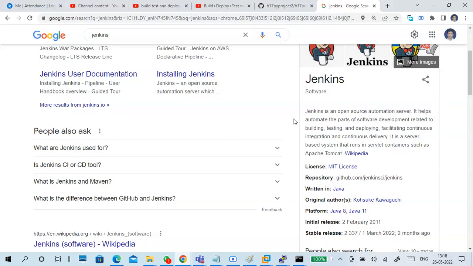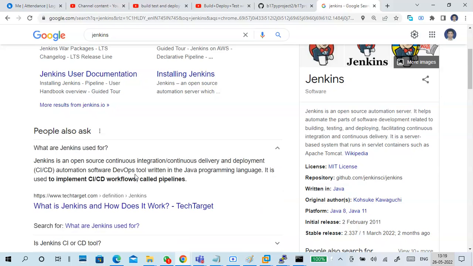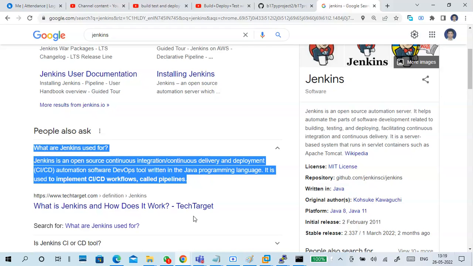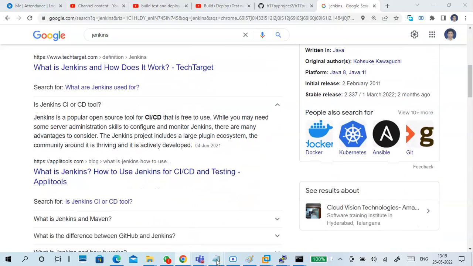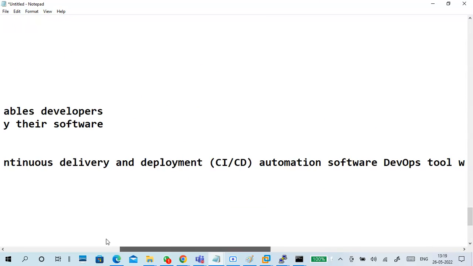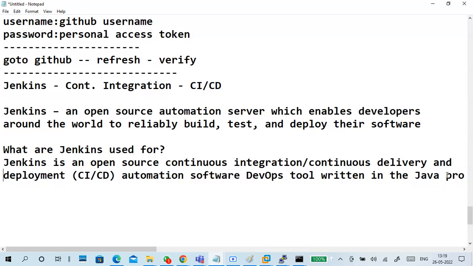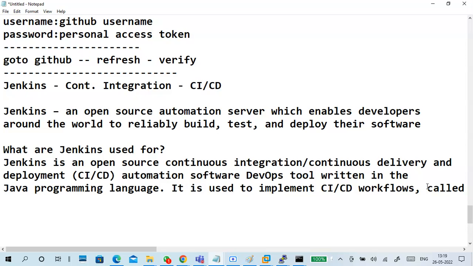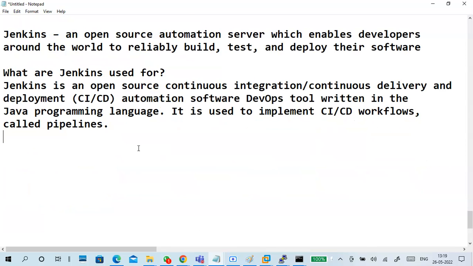The important thing in Jenkins is that there are a lot of plugins in Jenkins. The main important thing here is Jenkins plugins. What kind of plugins are there? Git related plugins, GitHub plugins,